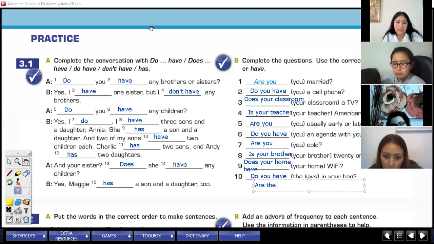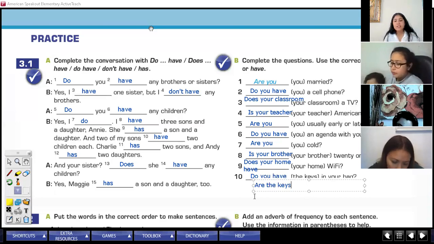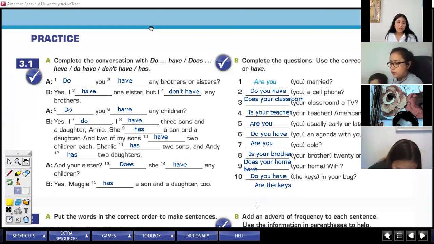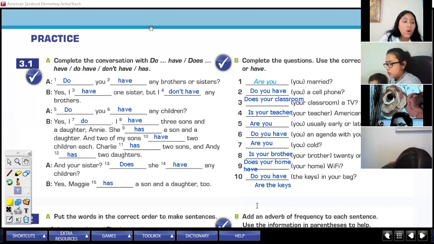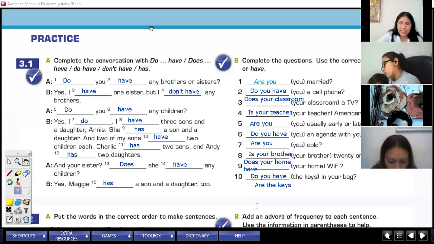Very good. Muy bien. Entonces, notice the difference between using the verb to be and using do you have or does you have. Utilizo el have o do you have or does you have para hablar sobre las pertenencias de alguien o algo, right? Y utilizo el verb to be para hablar sobre el estado de alguien o la edad o, pues sí, ser o estar, o sea, el estado de alguien, cómo está, dónde está, etc. Okay, is it clear this exercise?